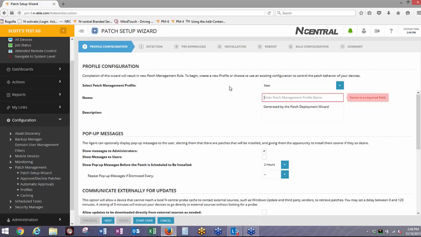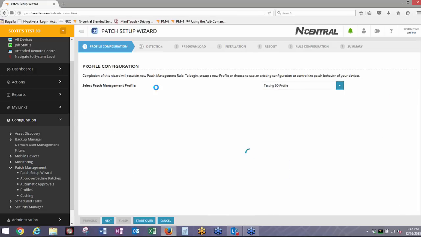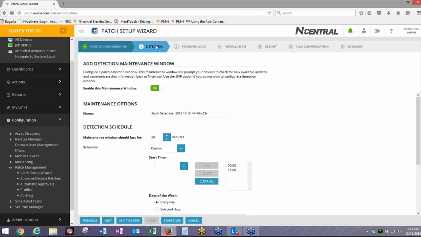So in this case then, it's allowing me to create a new profile or use an existing one. If I'm using an existing one, it's not going to allow me to edit it. We wouldn't want to accidentally adjust 2,000 other devices at the same time. So we will allow you to use an existing profile or create new. It's going to walk us through the process of creating a detection window,